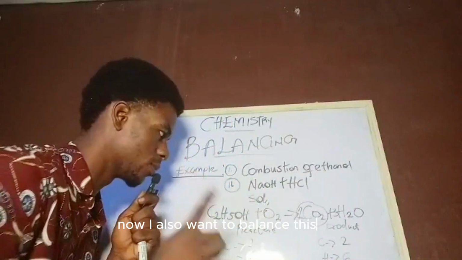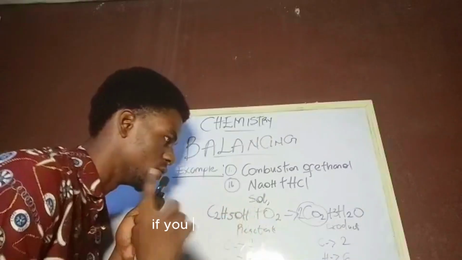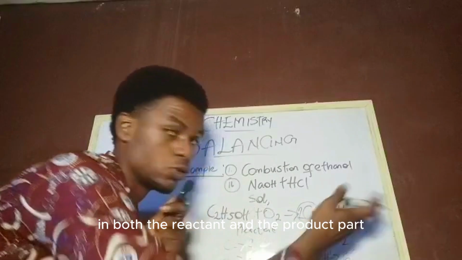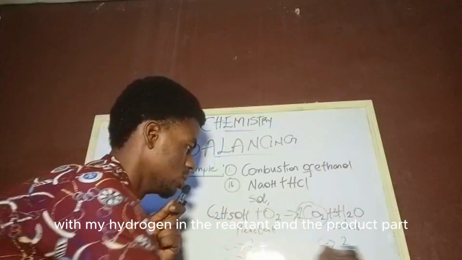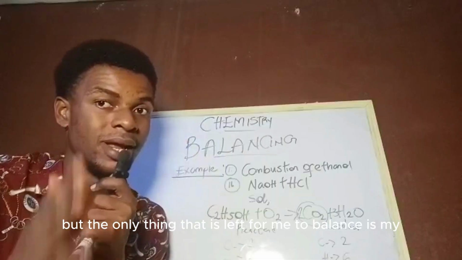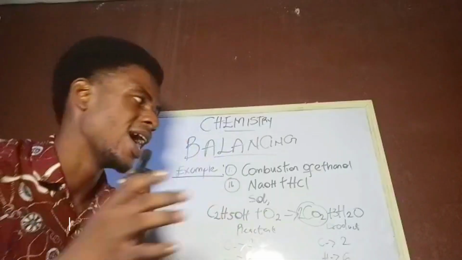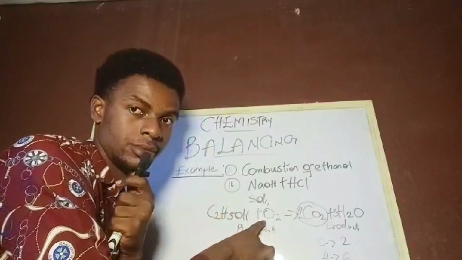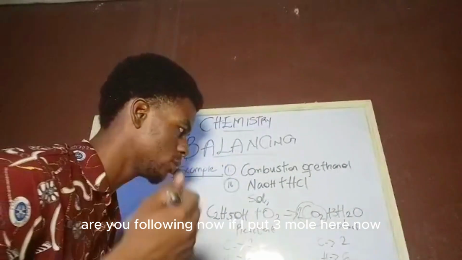That is my what? Oxygen. Now, I also want to balance this one. If you look at it very well now, carbon is balanced in both the reactant and the product part. Also my hydrogen in the reactant and the product part. But the only thing that is left for me to balance is my oxygen. And the only way I can balance it is by putting 3 mole here. Are you following now? Now watch. If I put 3 mole here,